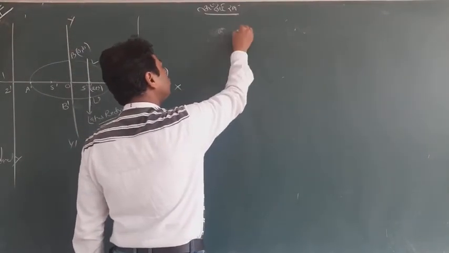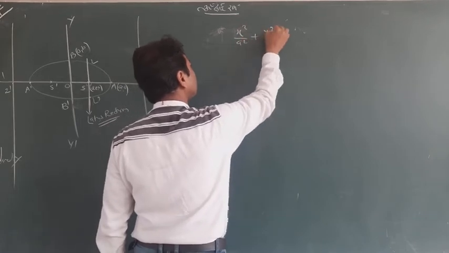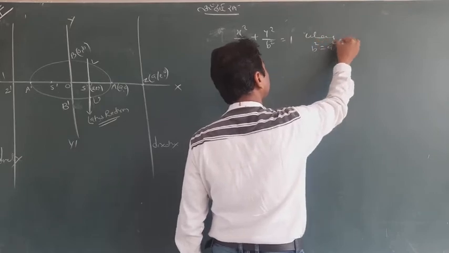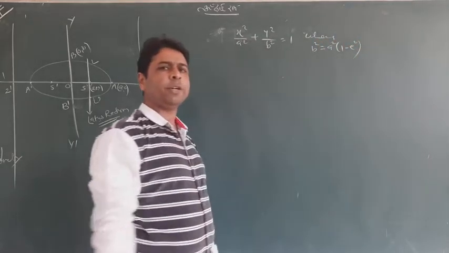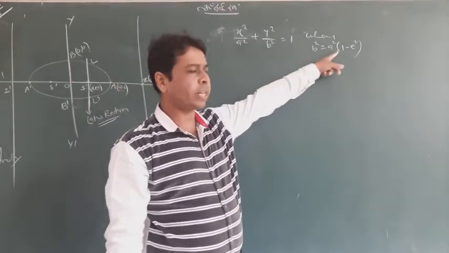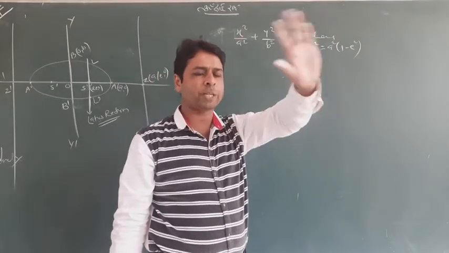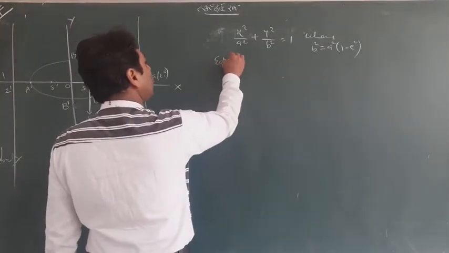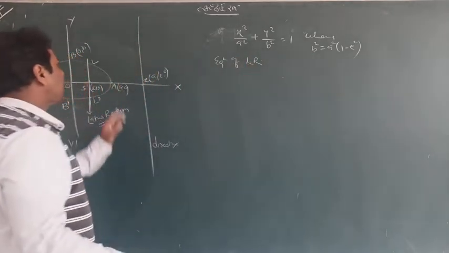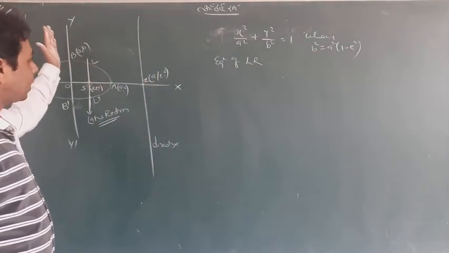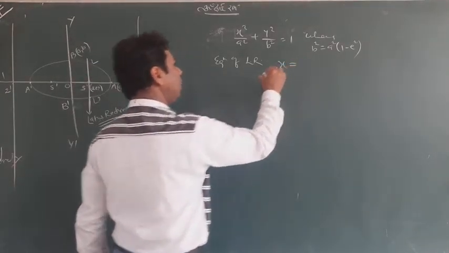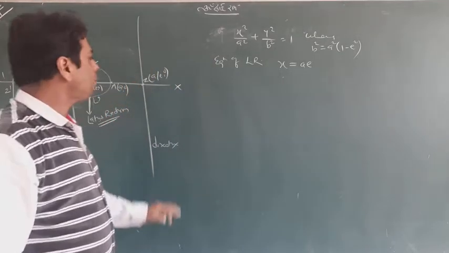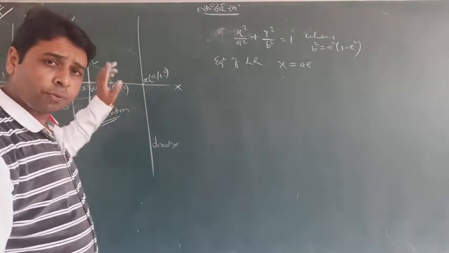First I want to write the formula. It is my formula: always write b squared equals a squared times 1 minus e squared. I request you one thing: whenever you write or choose a formula, write there b squared equals a squared times 1 minus e squared. It's specific now. I have told you each and everything of that. Now tell me, what will the equation of the latus rectum be? That is none else but a line parallel to the y-axis. So the answer is x equals, and it passes through ae. So it is going to be x equals ae. That's simple. So you have found the equation of the latus rectum.